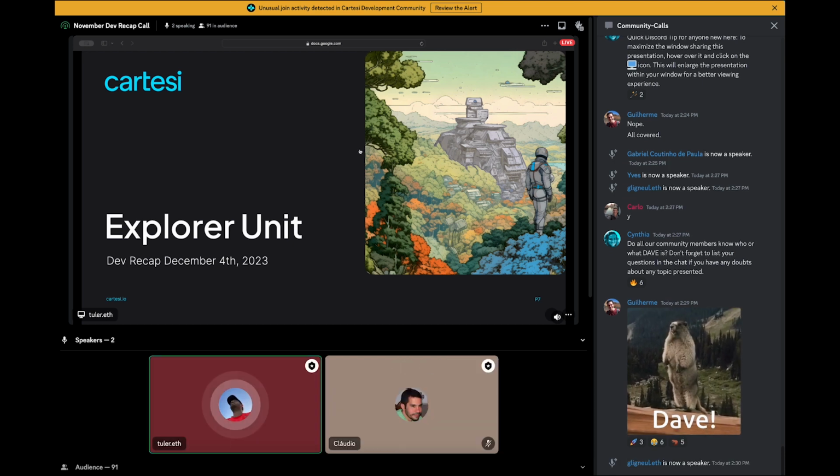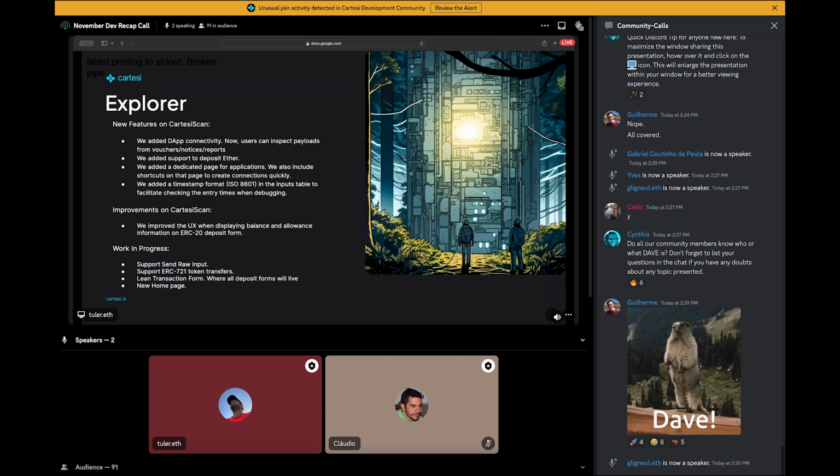Yeah. So moving on to the Explorer unit, I can give the updates. Bruno, which is the unit lead, is not here, so I'll help him to relay the updates of the Explorer. So the Explorer, as you may already know, is deployed on the Cartesi Scan website. We have a deployment for mainnet and also deployment for the Sepolia network, accessible through cartesiscan.io. We added a few new features.